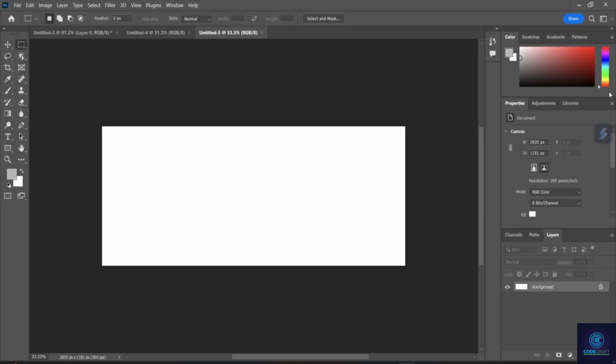And in the next lesson, we'll be learning about layers. Here on the right side bottom, you can see I do have the layers bar. In the next class, we'll be learning about these layers, and it is quite an important option in this application, Adobe Photoshop. So we'll be learning about that